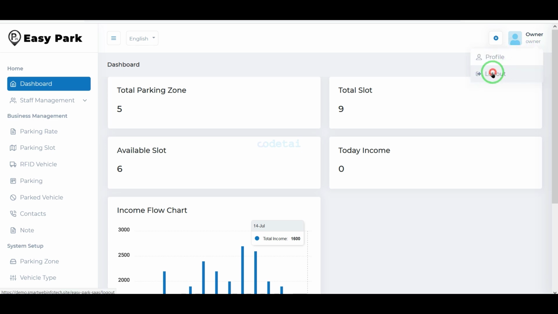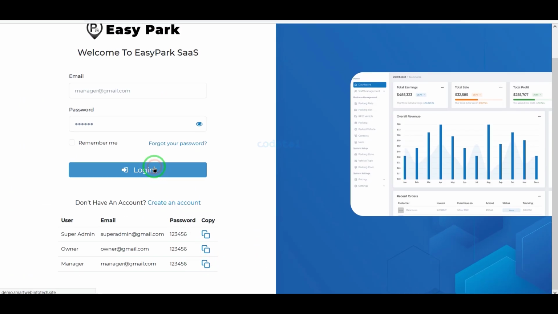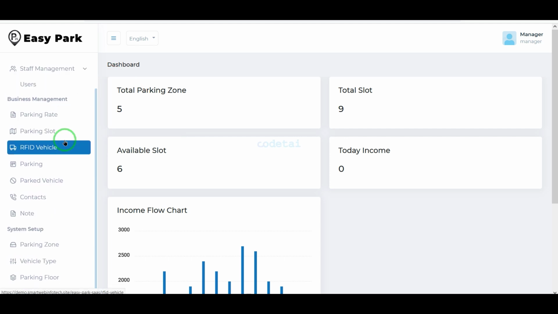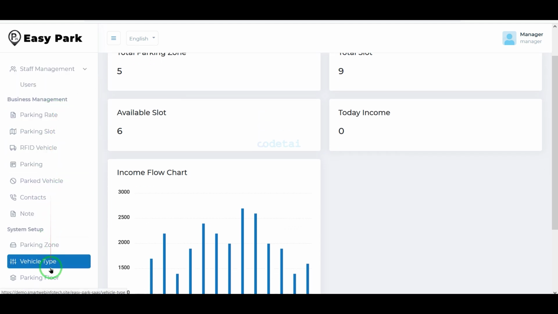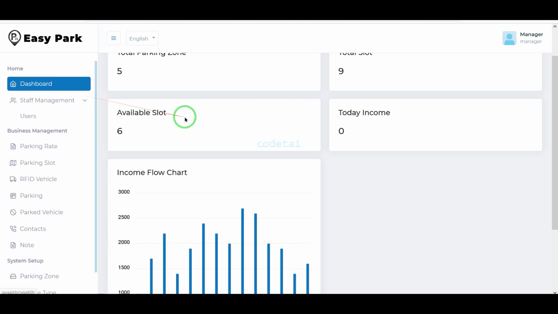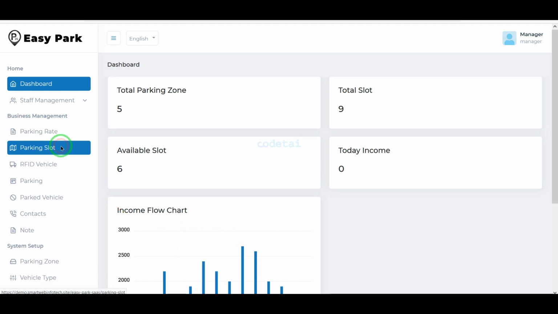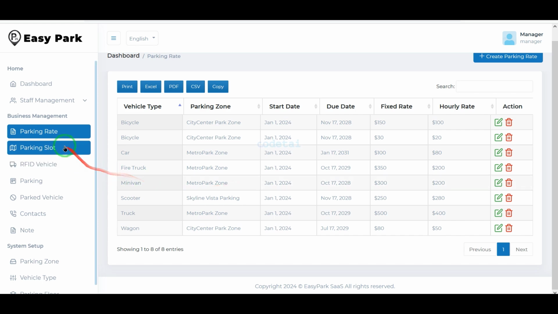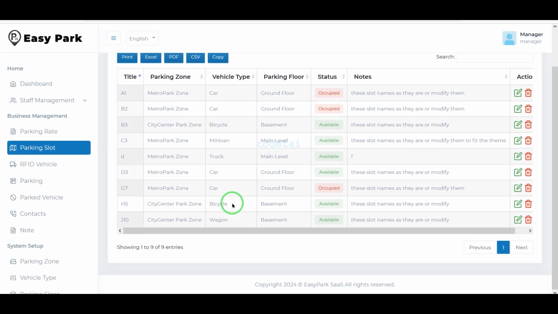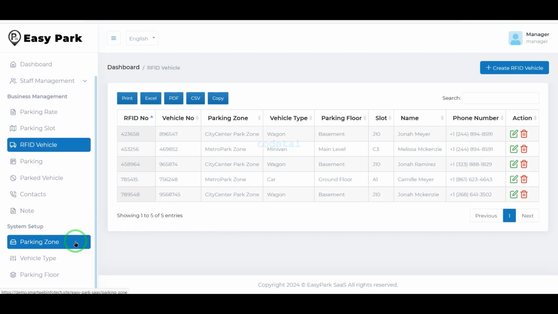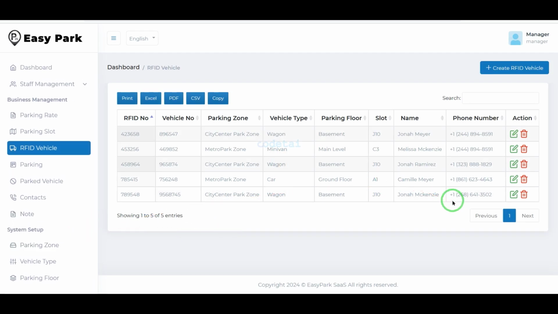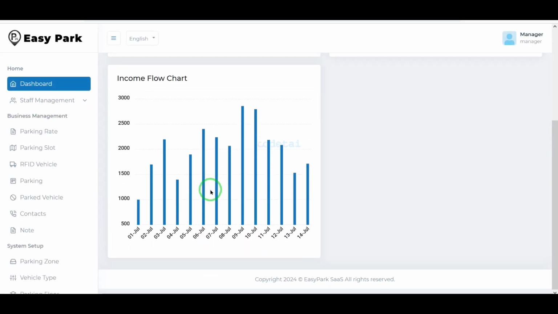Also, vehicle parking garage owners can add managers to manage their website. Managers are getting a specific account panel to manage their account. Website managers can easily manage their account and parking systems using these feature sections. We are getting all kinds of features and functionalities for vehicle parking management in this source code. So let us now learn how to create a vehicle parking management system website very easily.